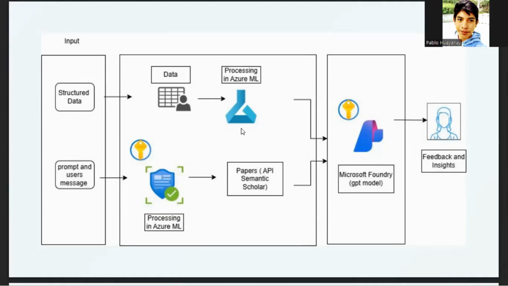We don't rely solely on the LLM's internal knowledge. We integrate with scientific RAG using a Semantic Scholar API. Also, we provide feedback and insights from the scientific literature. Finally,